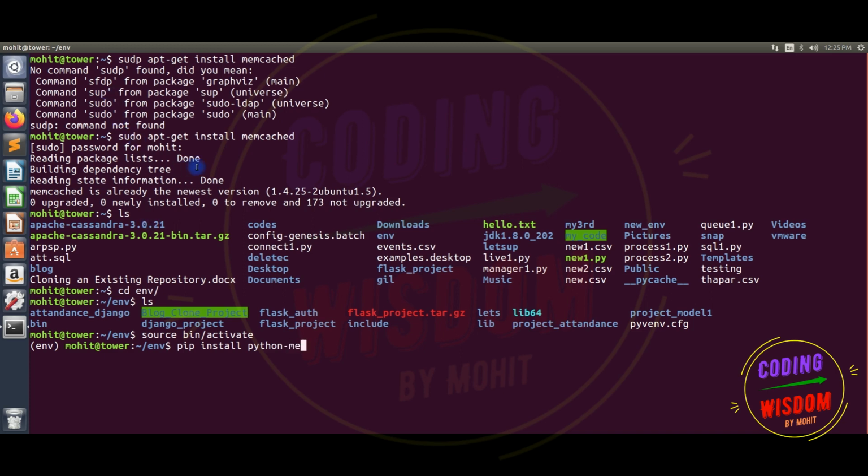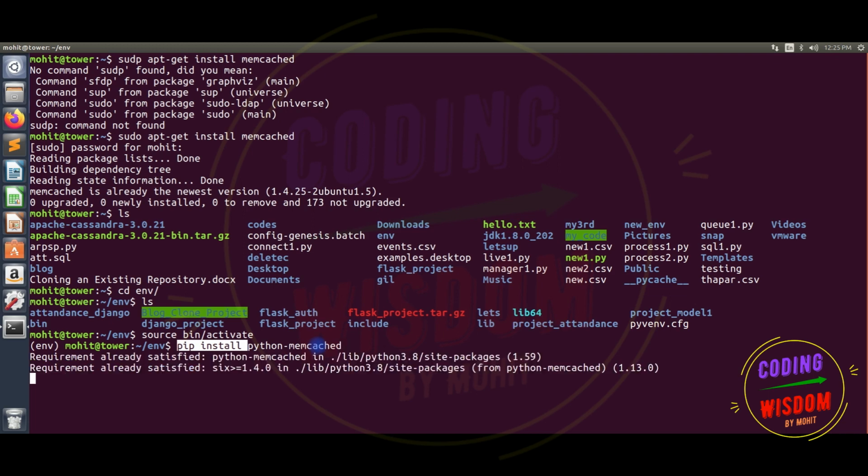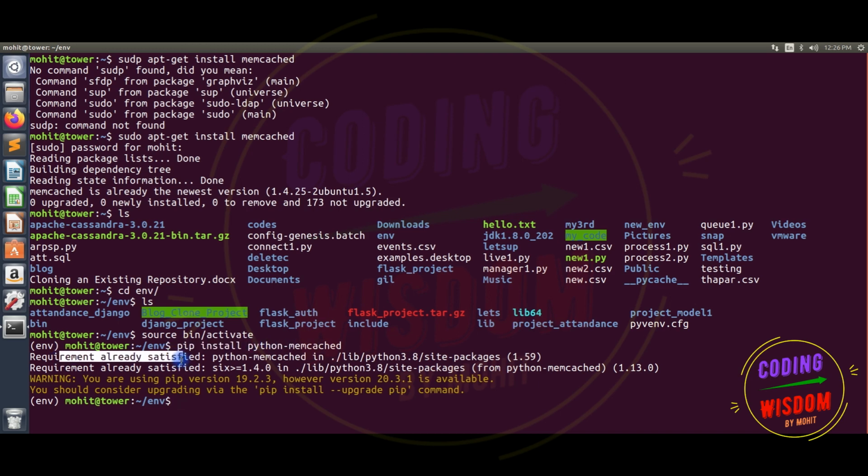Memcache has been installed, but now I am installing the Python driver for Memcache, because my Python program needs a driver to interact with the Memcache database. So I'm going to install python-memcached. As I have already installed it, no need to install it again.